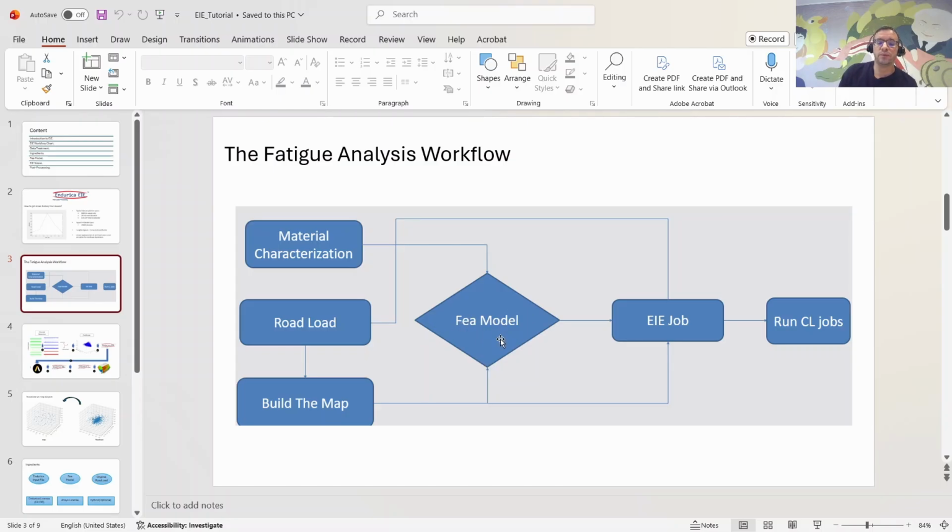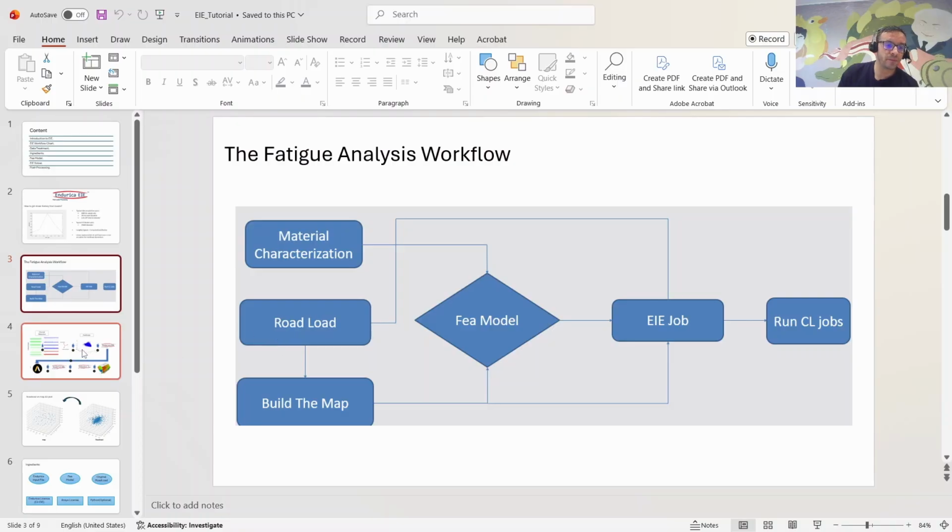on this model, and also the map and the road load. So in the end we get strain histories for this road load that we will use in the CL module to solve and get our fatigue life based not on this road load but based on this original road load, to see what are the critical elements and what are the critical areas when the model is subjected to such a